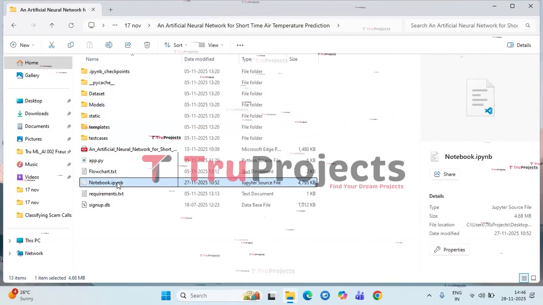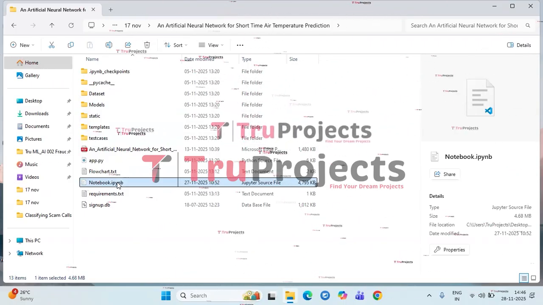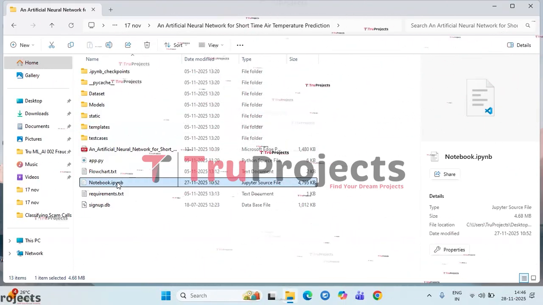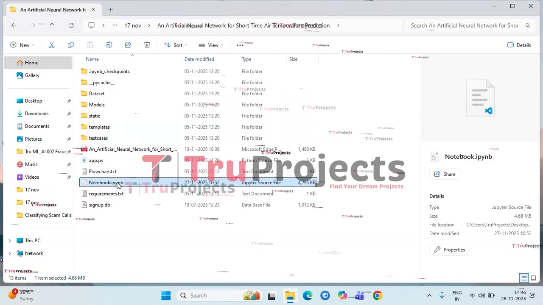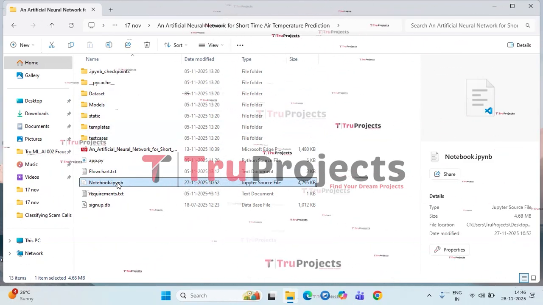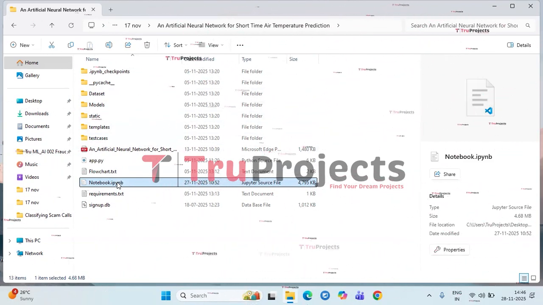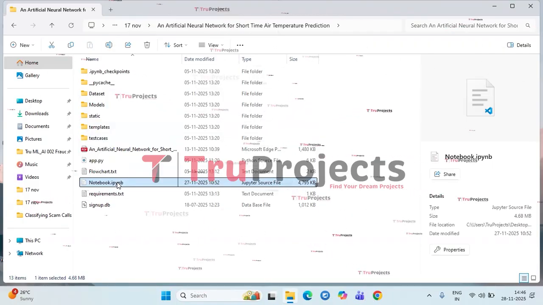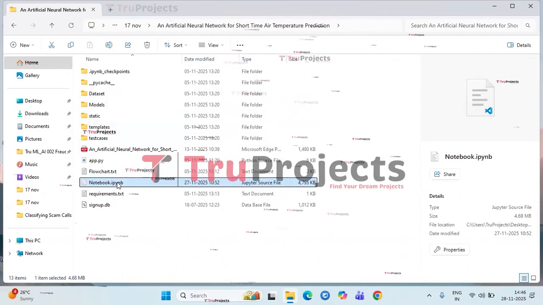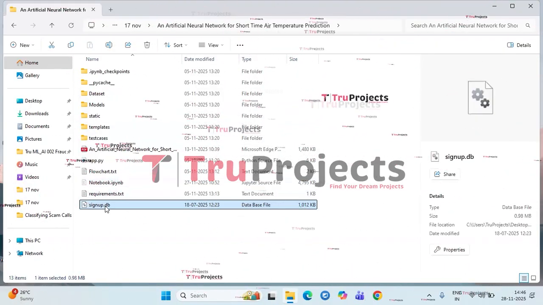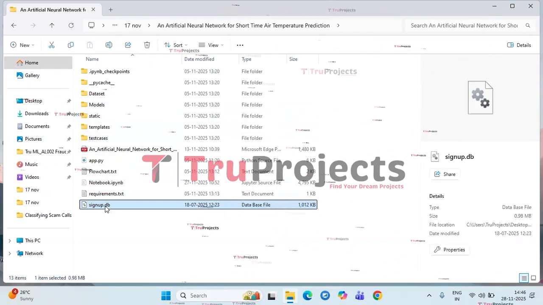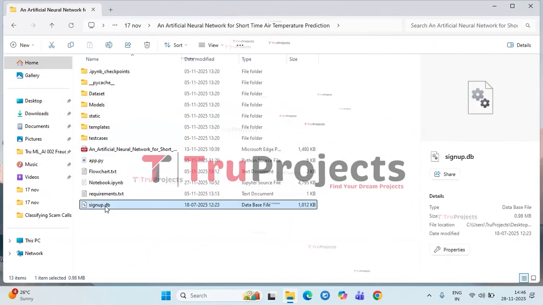Notebook.ipynb file. This is a Jupyter Notebook file which contains a combination of code, graphs, and outputs all in one place. It allows users to write and execute the code in individual cells, making it a popular choice for data science. Signup.db file. This file is a database file used to store the user information.